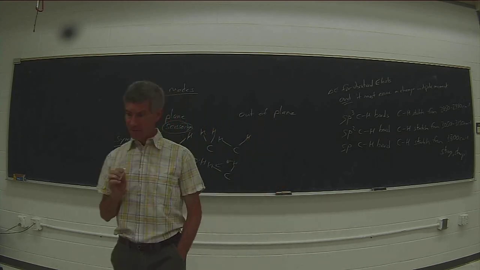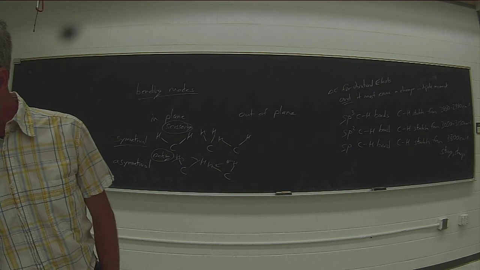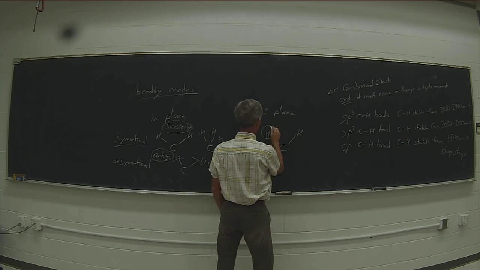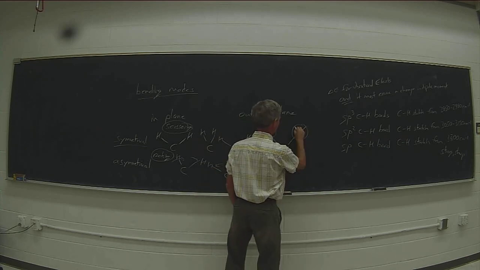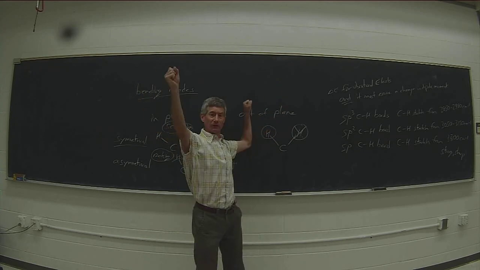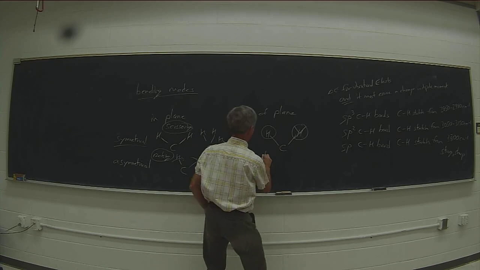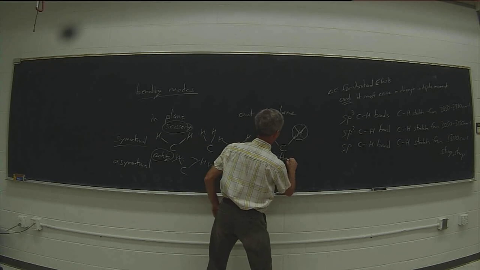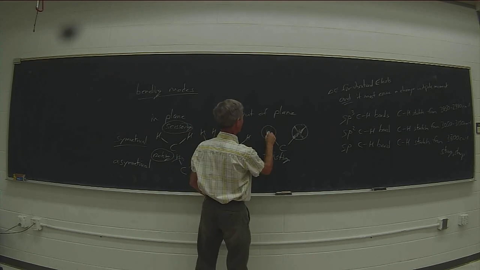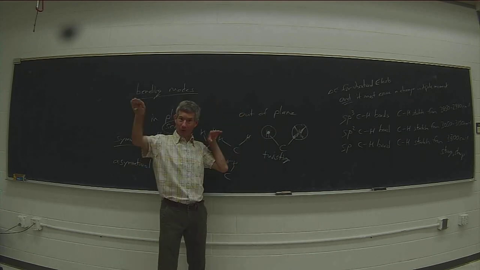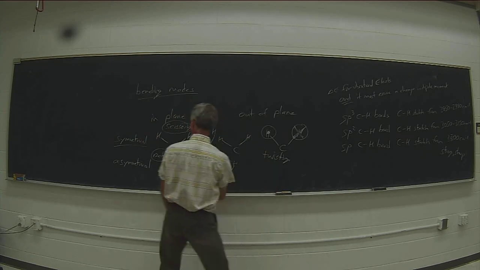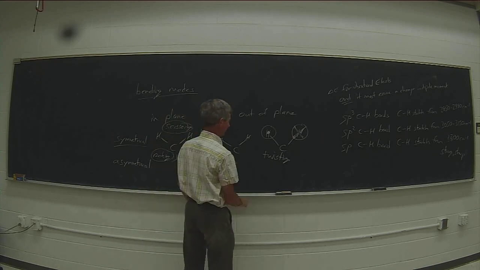Symmetrical out of plane is called twisting. What's happening is one of those is going in and the other one is going out, so there's twisting. We'll illustrate it with the back end of the arrow and the point of the arrow. So the point of the arrow is pointing out and the back end of the arrow is going back in. And then there's an asymmetrical out of plane mode, which is called wagging,